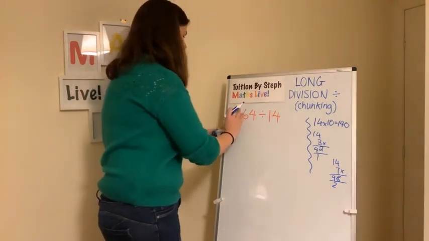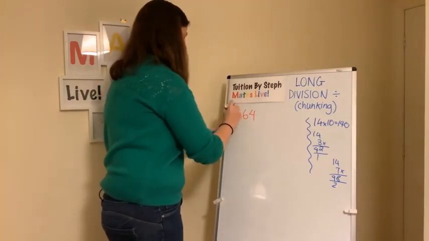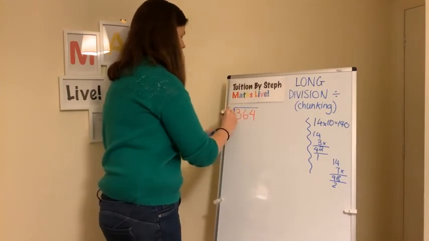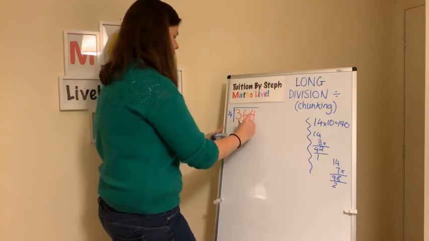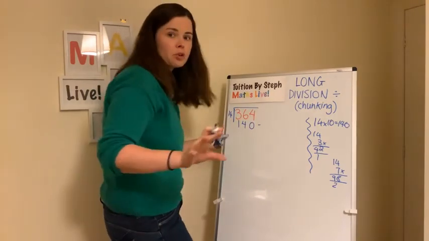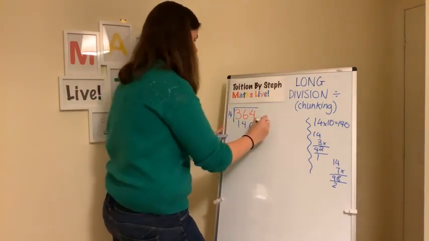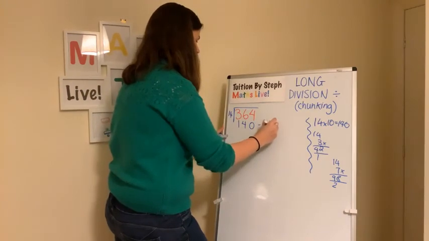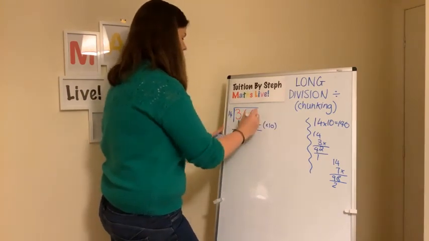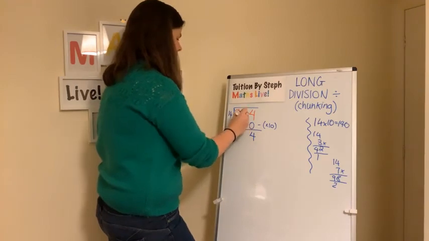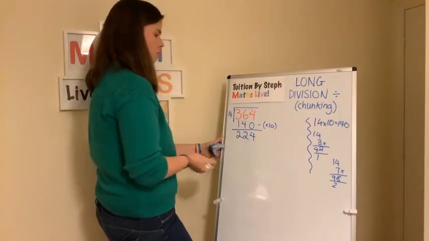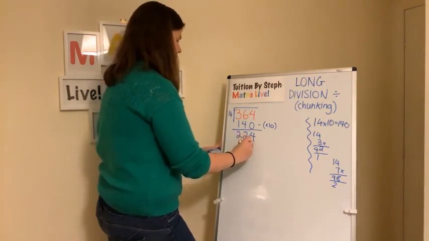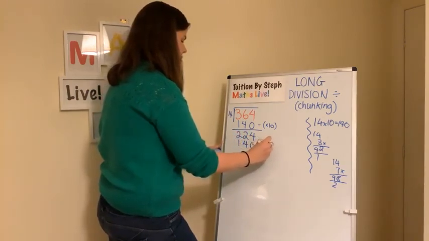I'm going to put it in my bus stop. So squash the 14 in there. Right, I'm going to take away 140. And remember, you might have done this whatever method, okay? If you did this before the lesson. 4 take away 0 is 4. 6 take away 4 is 2. 3 take away 1 is 2. 2, 2, 4. Take away another lot of 140. I've got enough left over.